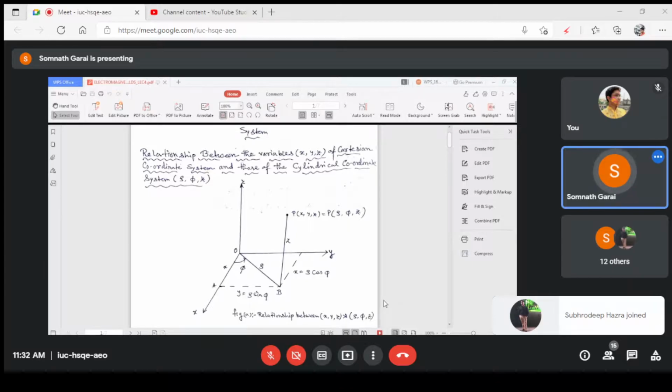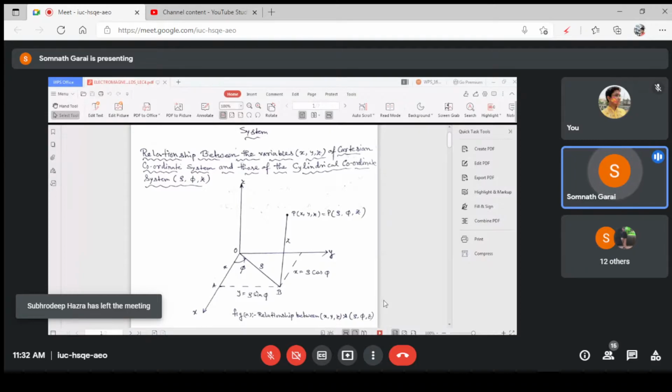cylindrical coordinate system rho, phi, z, and what the relationships are of unit vectors, of components, and of matrix format. Why is it needed? Because when you convert any vector point from one coordinate system to another coordinate system, you have to remember the process and all the formulas.